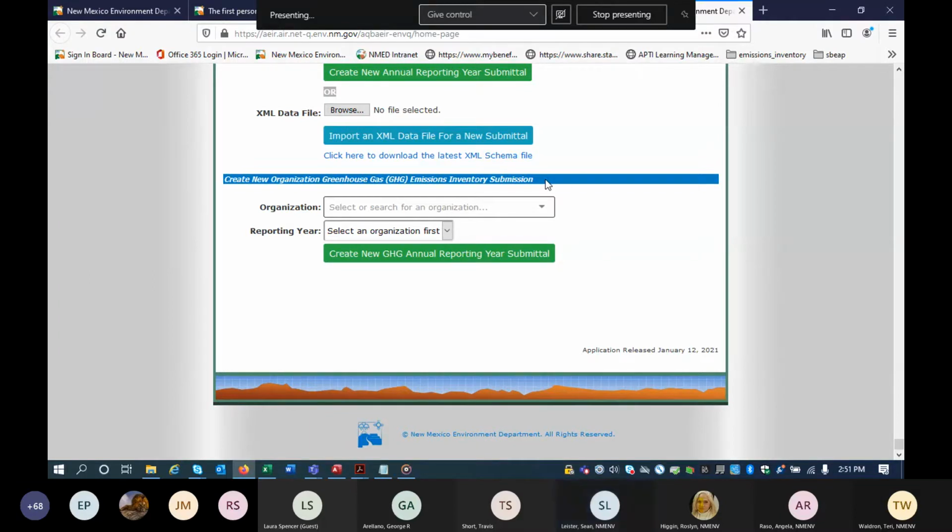However, that said, we will also be more than happy to accept any information you give us regarding greenhouse gases. If you do not submit to the EPA, even though you were not required to submit to us, we will be happy for you to give that information to us as well, because it'll help with our overall goal as the New Mexico Environment Department. And we'll go over this later on in this training.